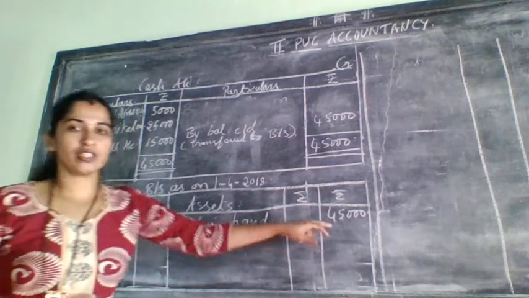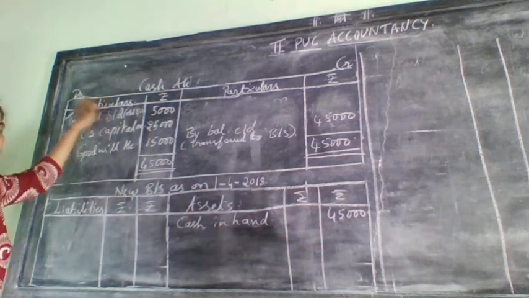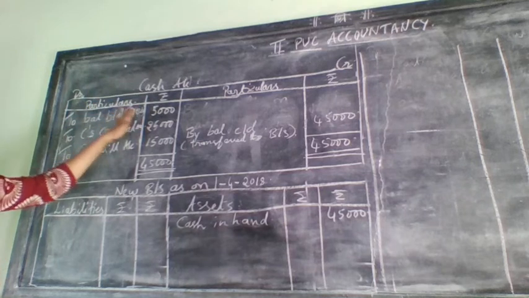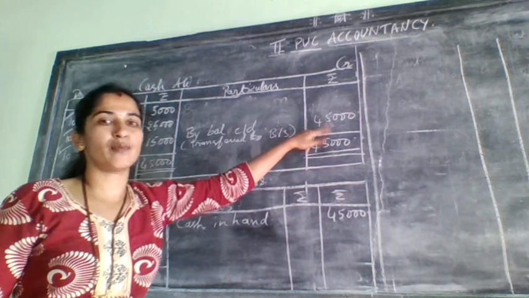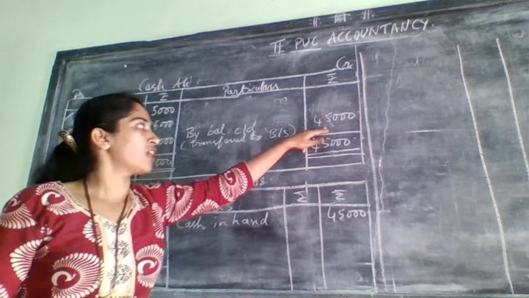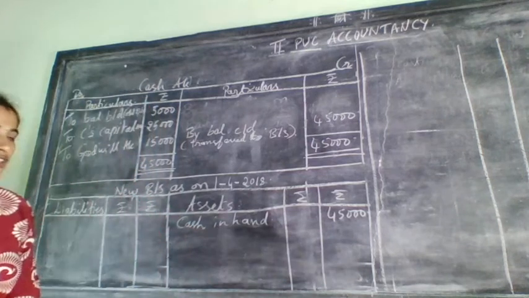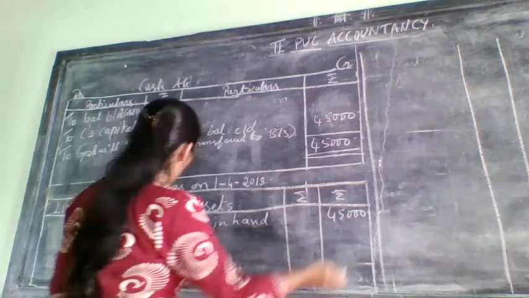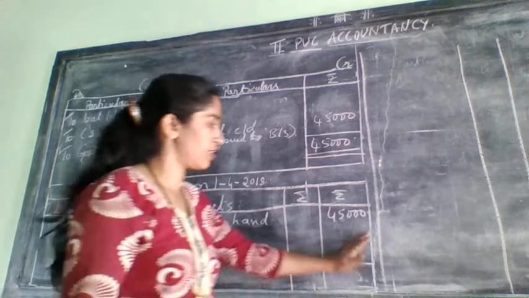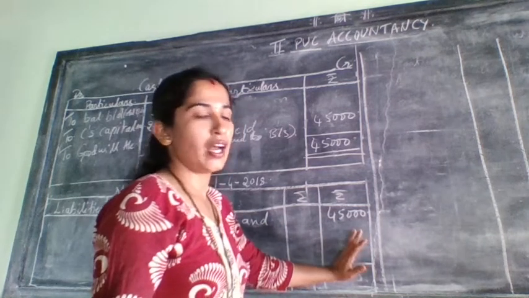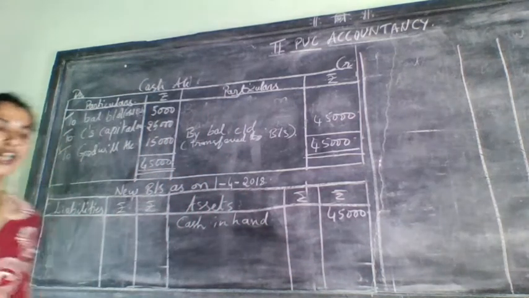Did you understand why it came here? Because some adjustments were there for cash and they were over in the cash account, and that's why this came here directly. After doing that adjustment, the final balance at the end of the financial year was 45,000, and that will come to the new balance sheet. Why have I put two columns here? You know very well. This is for adjustment and this is for writing the final column, and only this column total we need to take, and this is only to do the adjustments.